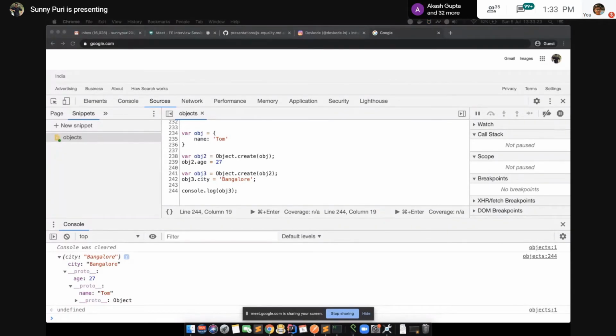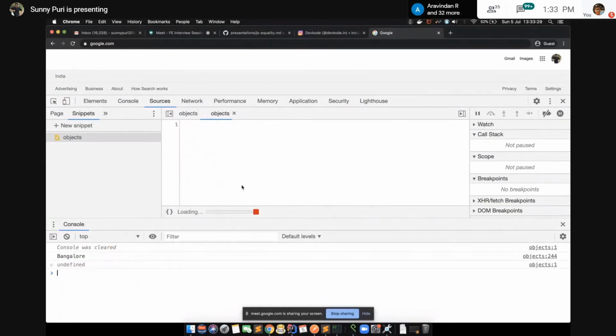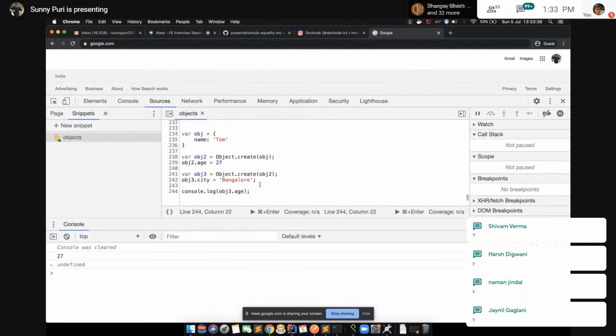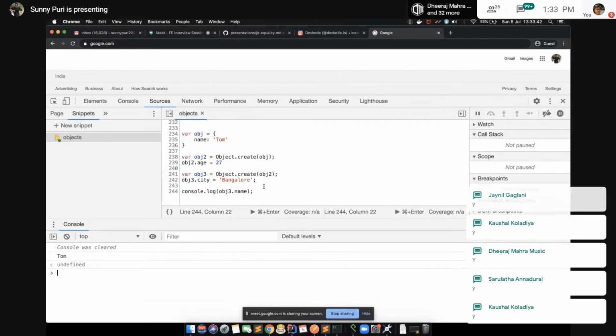Can we access city? We know we can access city. So can we access age as well? We can access age. Just write y or n. Okay, we can access age as well. Can we access name as well? Yes, we can access.